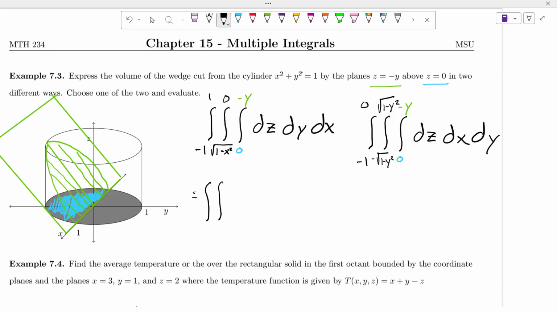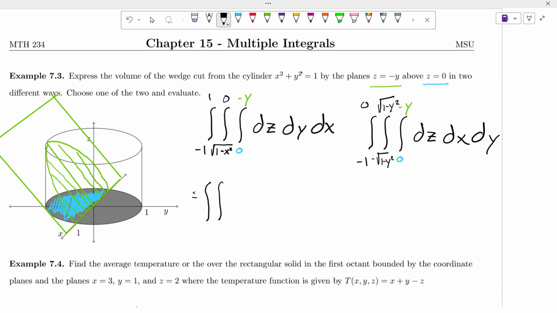So I suppose you might ask, why do I think the one on the left looks easier? It's a totally valid question. On the one hand, I don't have two different square root bounds to deal with. I usually think that that's nice. One of my intermediate bounds, one of the ones in the middle, is 0, which also tends to make integration nicer. Also, I looked ahead and saw that